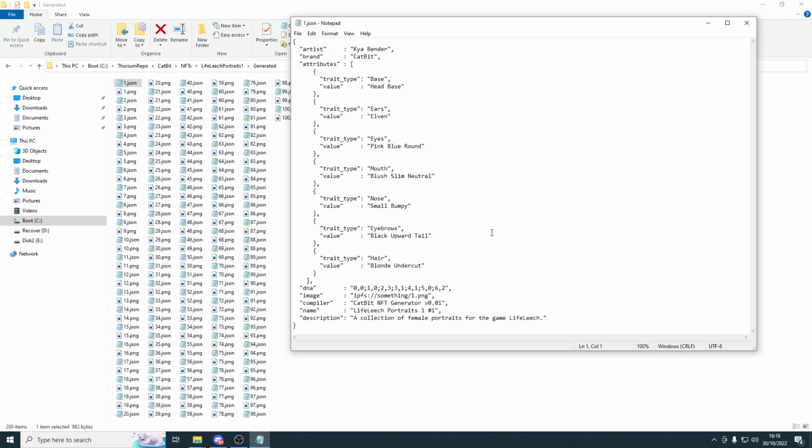That's how the JSON looks like. Also, there's one thing that's special, a difference to Hashlips. The DNA in the metadata is not a hash, as you can see. It also uses hashing internally to check for doubles, but it does not use this hash for DNA. So this DNA can be reversed, and this feature is not yet in the generator, but it will be in one of the next versions,